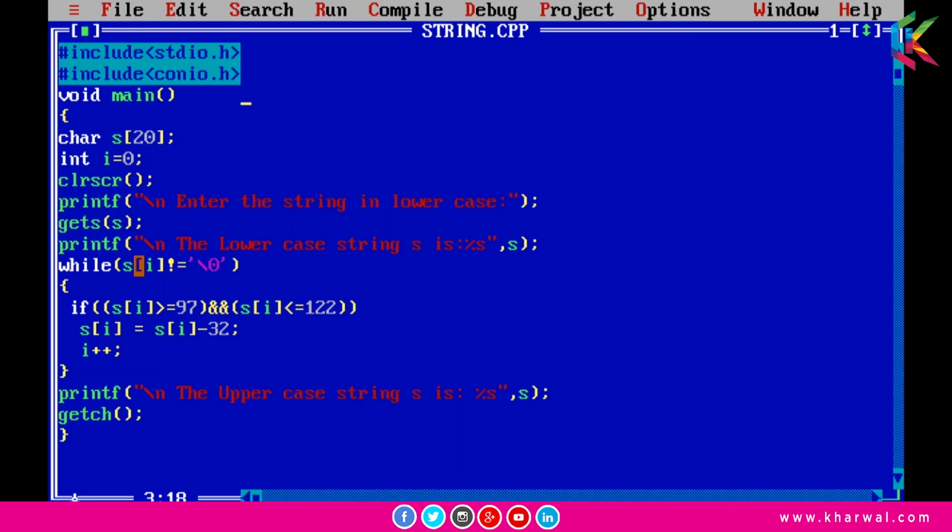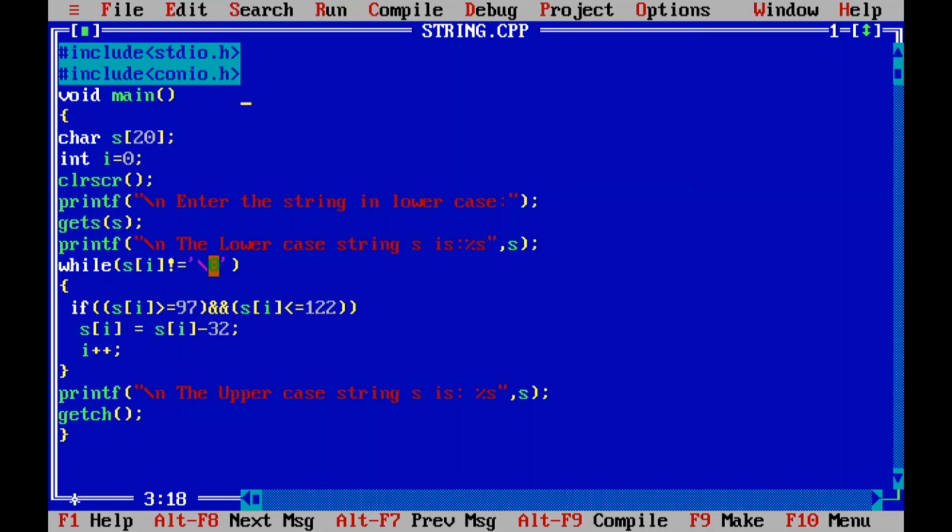Now s of 1 is e, and e is not equal to null, so this condition is also true. Here we are checking this condition again. s of 1 is e, the ASCII value of small e is 101, so 101 is greater than or equal to 97, and 101 is less than or equal to 122, so this condition will be true. Now we subtract 32 from 101 and it will give you 69, and that is the value of capital E. Then i++ will be executed, so the value of i will be 2, and then s of 2 is l, and l is not equal to null, so this condition is also true.